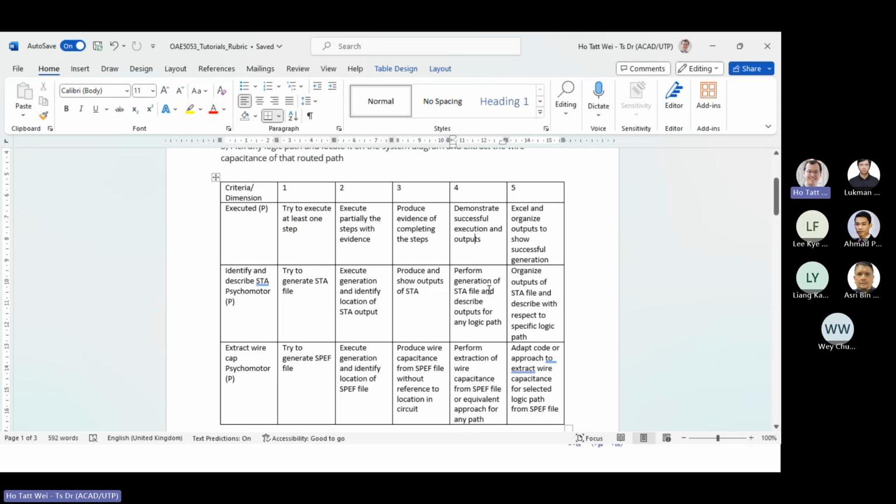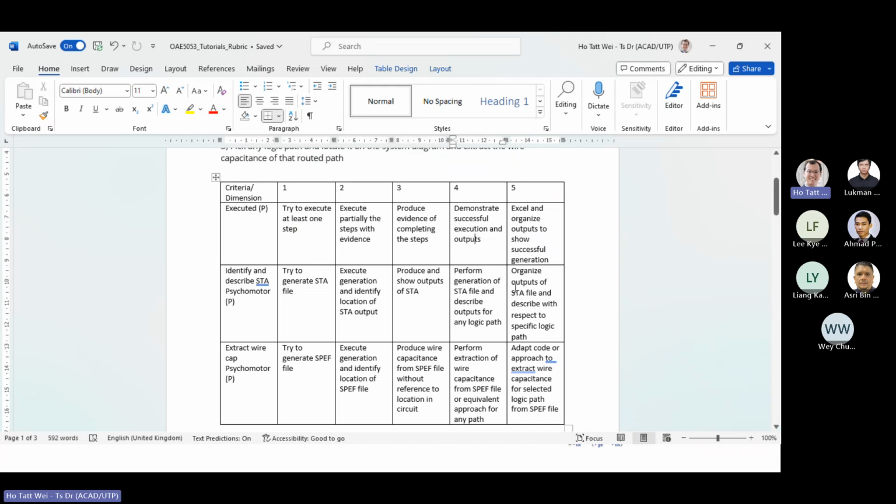But if you start telling me things like, okay, this STA, this is the max delay and all that. You mentioned it briefly, right? But you don't really tell me for which circuit, you don't highlight which part of the circuit, you just kind of define it, but with reference to the printout and all that, that's a 4.